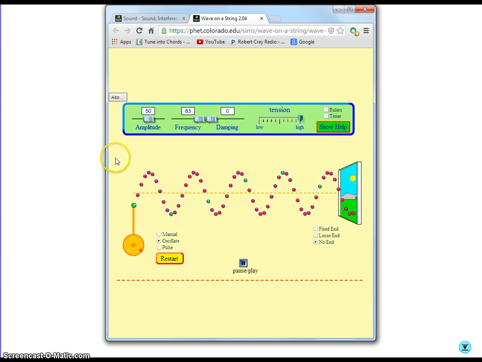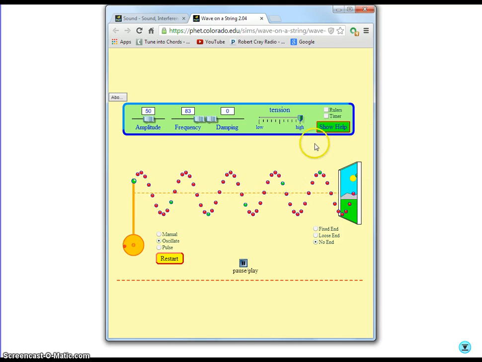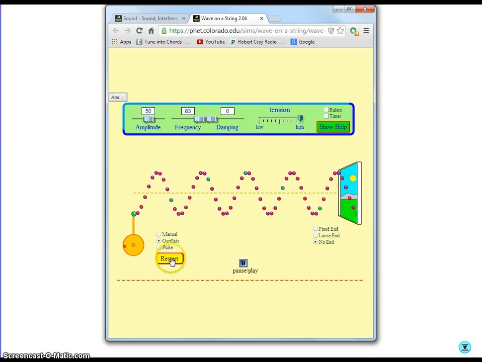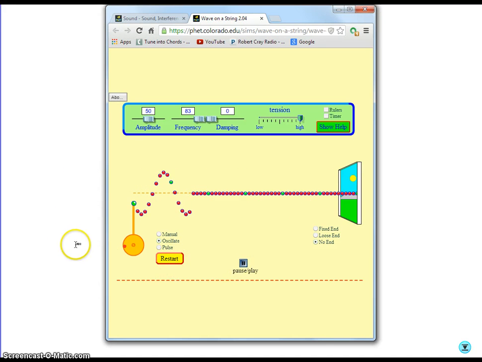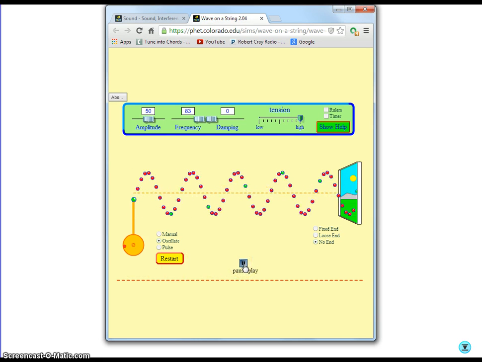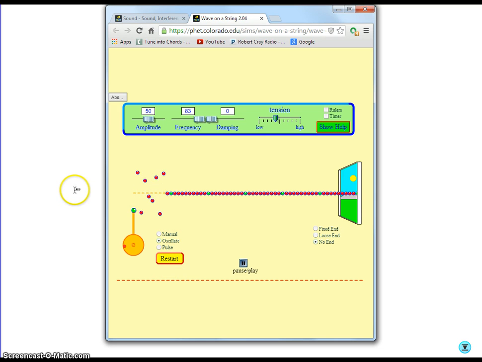And if this was running correctly and we followed one crest across the screen, we would see that the speed of the wave is the same. So one thing you need to remember is that the speed of a wave depends on the properties of the medium. Now with this simulation, I can change the tension, which changes the property of the medium, and we'll see the, well, that didn't work very well. Let's make the tension a little bit bigger,